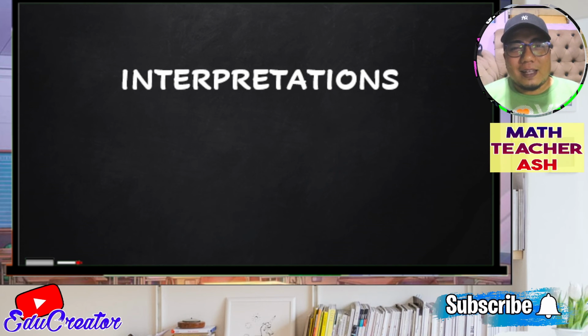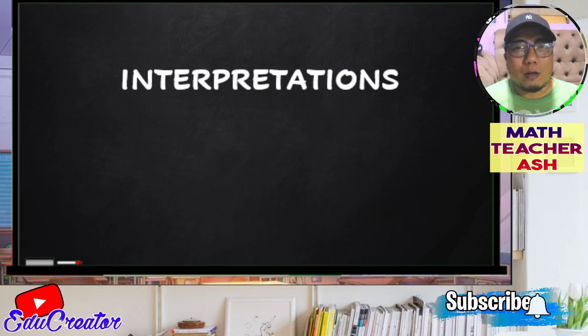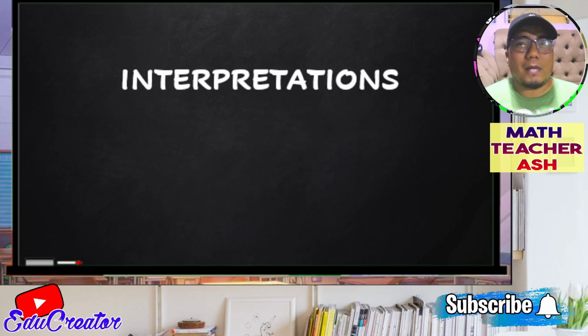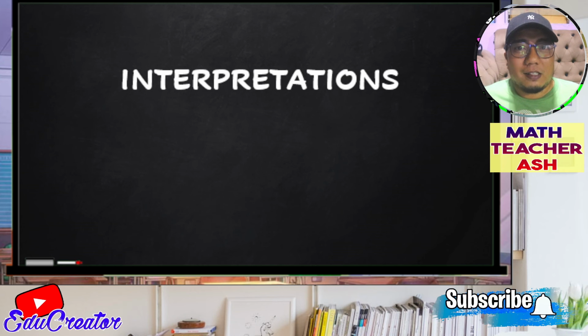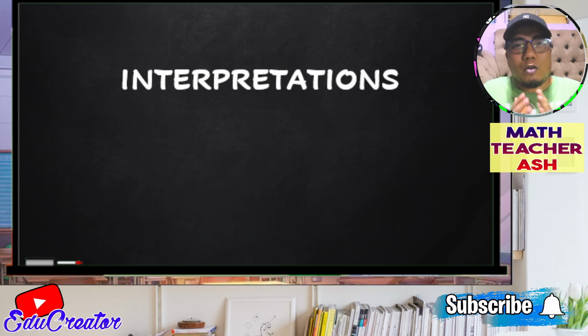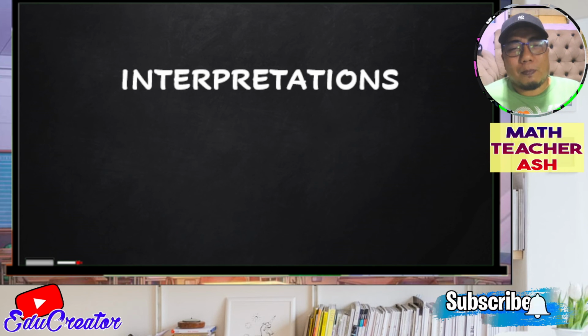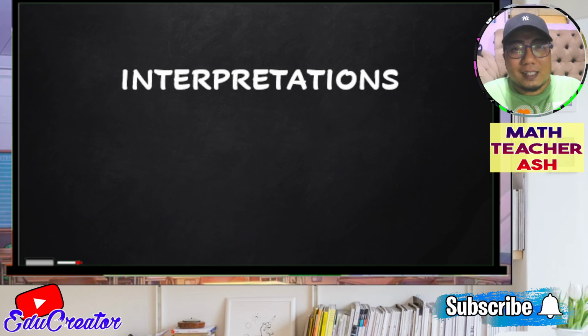Now, math learners, the next part of our discussion is about interpretation. Remember this, my dear math learners, that the decile represents only the position of your scores in the 10-part distribution. It means that if you belong to decile 1, that means 10% below, 90% above. If you belong to decile 2, 20% below and 80% above. If you belong to decile 3, 30% below and 70% above. I hope you got the idea, so on and so forth.